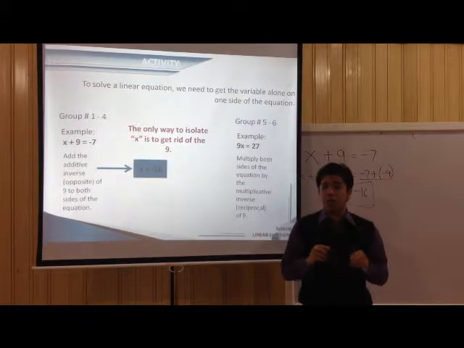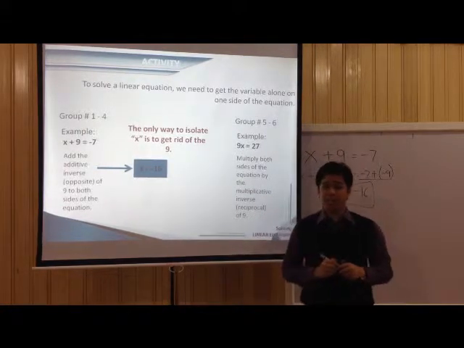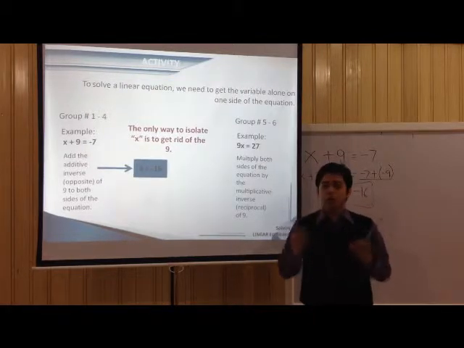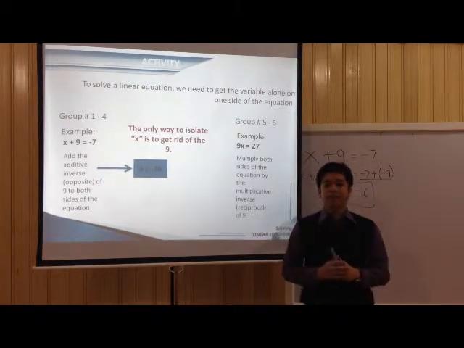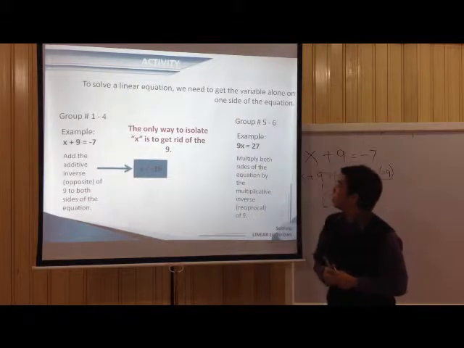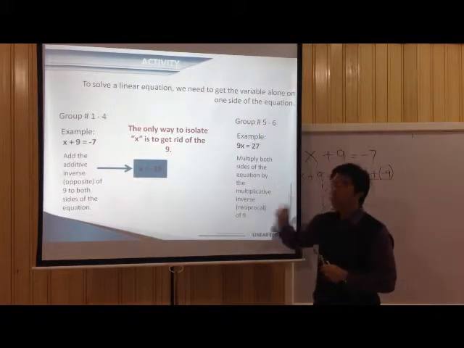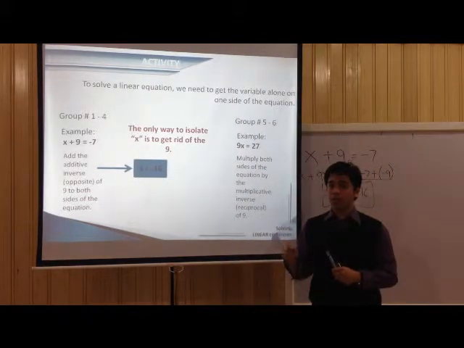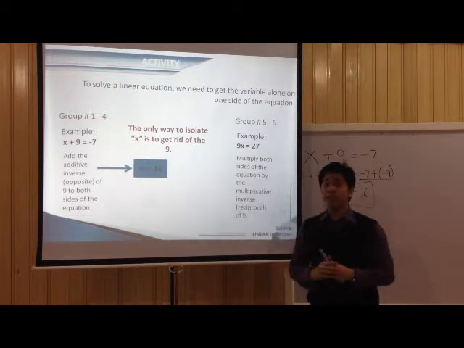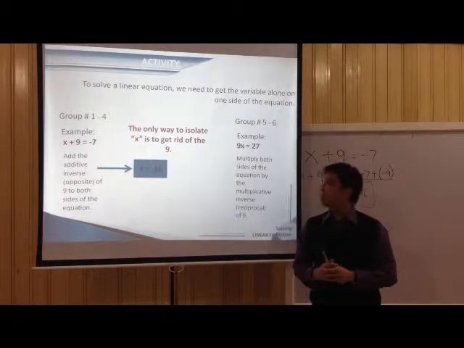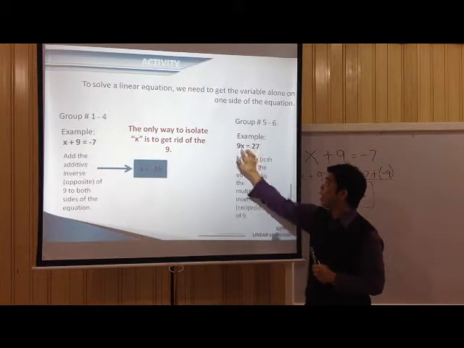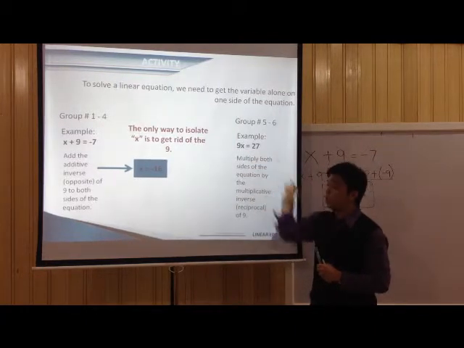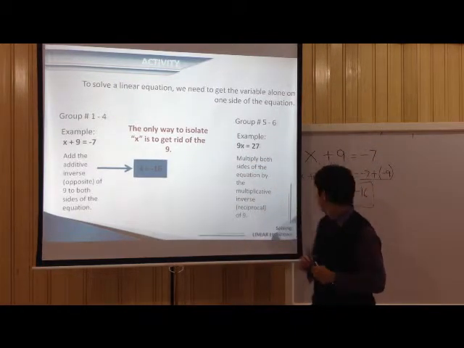Whatever is multiplied to the left side of the equation must be multiplied to the right side of the equation as well. Again, for us to be able to maintain that balanced equation. In this example, we have to get the multiplicative inverse or the reciprocal of positive 9, which is 1 over 9. Now, if I multiply that 1 over 9 to 9x, also to 27, I'd end up with